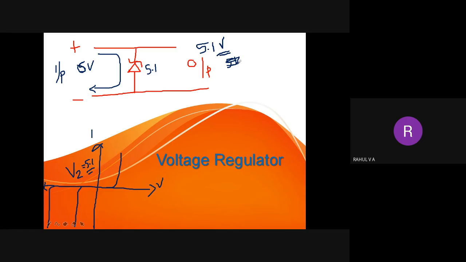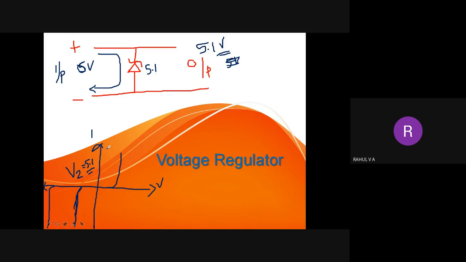Okay, so initially it was 1 volt, nothing happened. The diode is in reverse bias condition and you were getting 1 volt at the output. Then slowly I changed it to 2 volt. Again, you will be getting 2 volt at the output. Then when I made this 6 volt, or something greater than 5.1 volt, the diode is in reverse bias condition and breakdown occurs. Current flows through the diode to the negative terminal because breakdown happened. Breakdown happens at the Zener voltage 5.1 itself and current is increasing. So the current flows through the Zener diode.